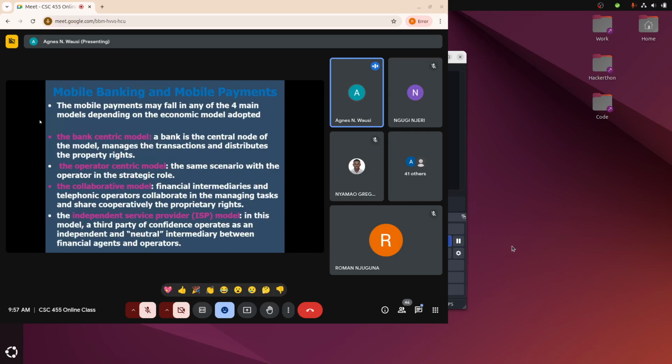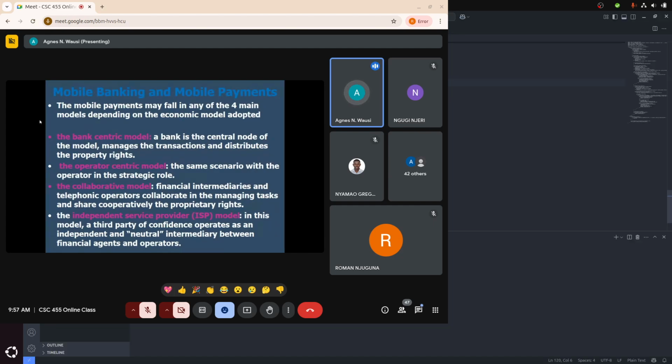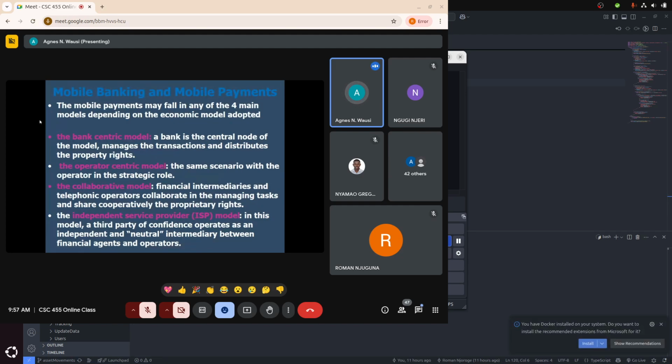operator-centric model. So the only difference now here is that it's no longer the bank at the center, but now the mobile money operator. So in this case, if you think about the bank-centric, that could be the bank accounts and all that. But when it is actually the operator-centric, the operator replaces the bank. And then we have the collaborative one, where you have both